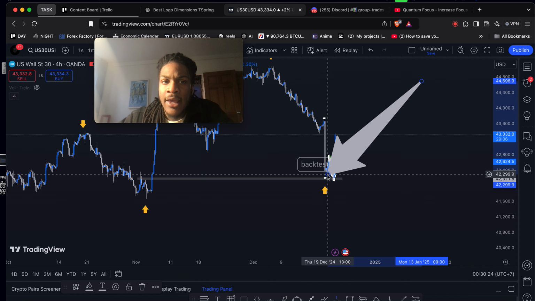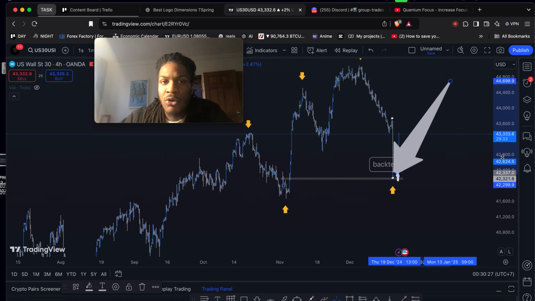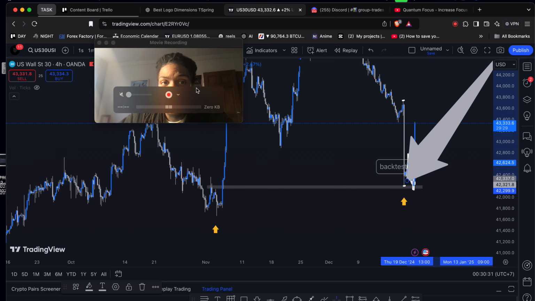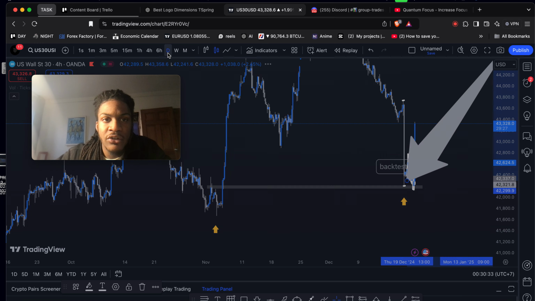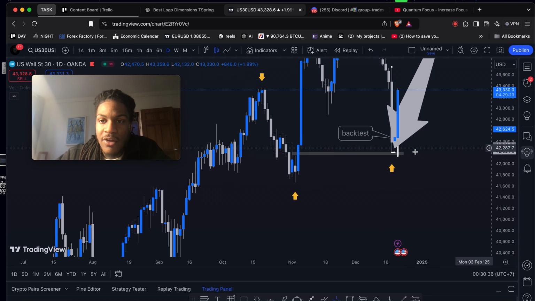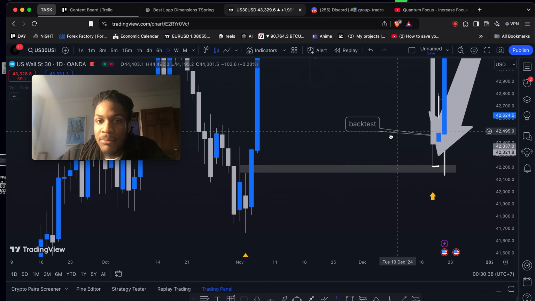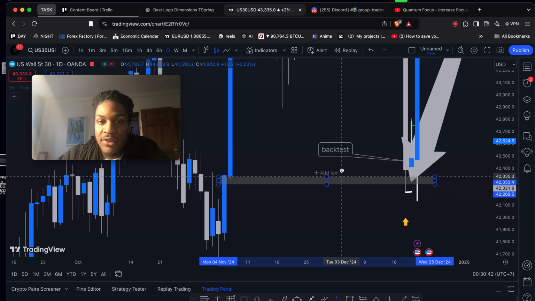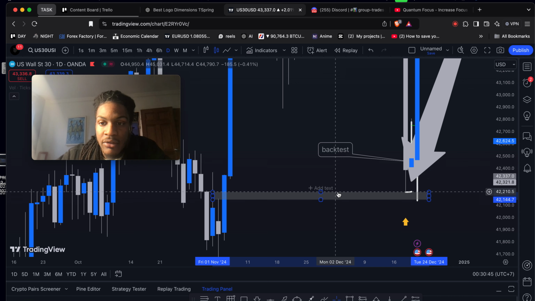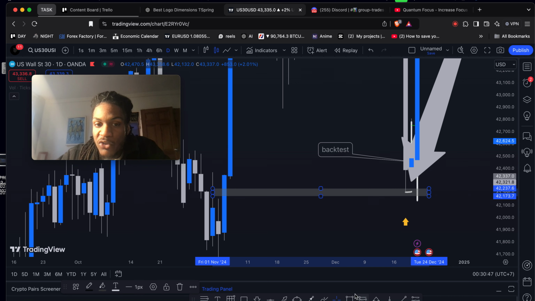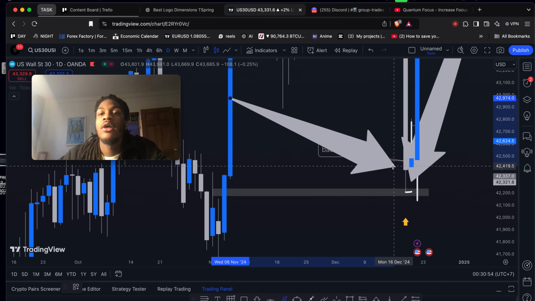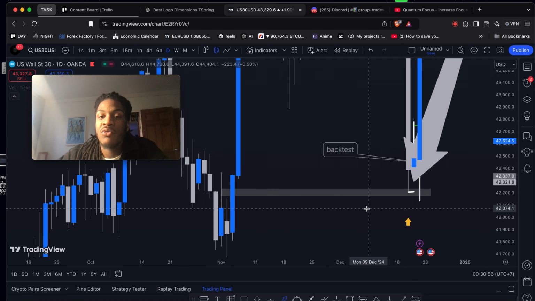I initially thought on the 4 hour that the trend was changing and that US30 was bearish, but then I checked this little zone here on the daily chart, and look at this, guys. This is one of the biggest reasons I got into that trade: the respect that these zones get. All these gaps here, this demand, you see how that wick respects this demand zone right there, where the arrow is. We got respect on these zones right here. And once I saw that, I was like, okay, so that's why it pushed down further.